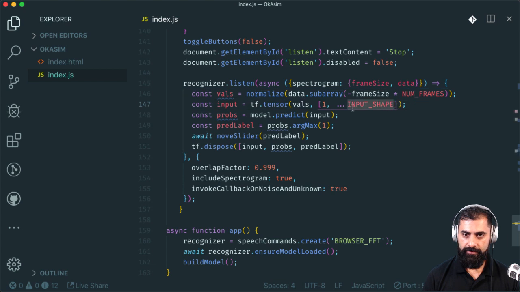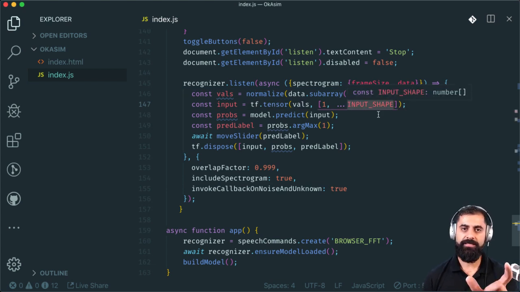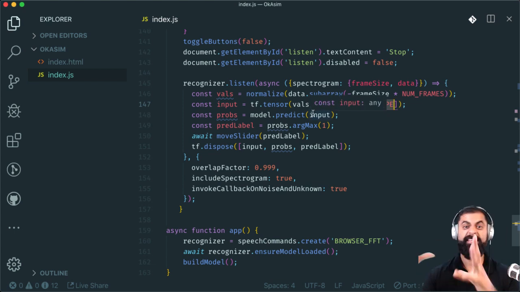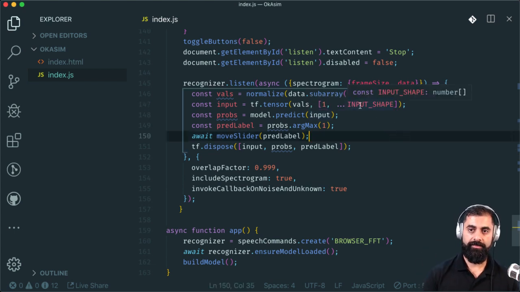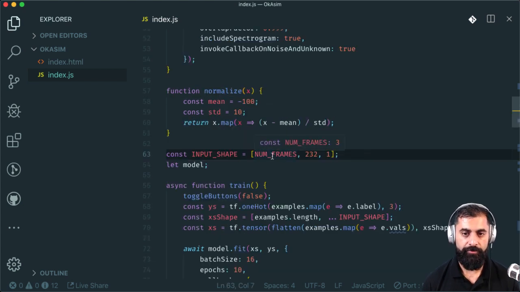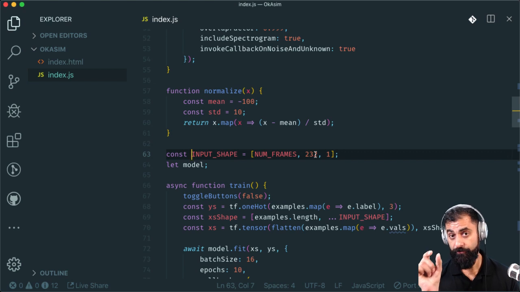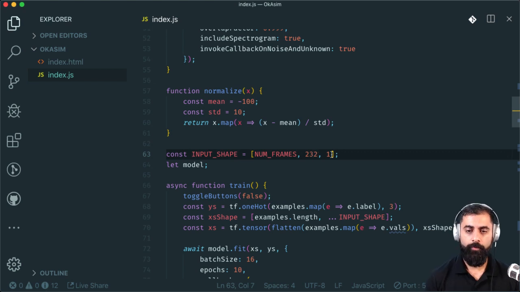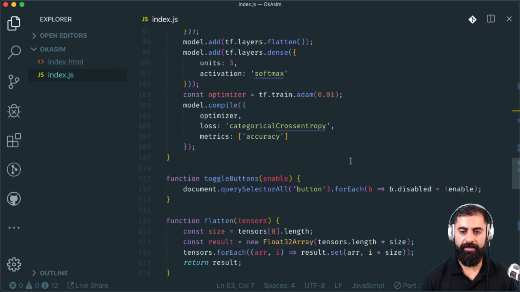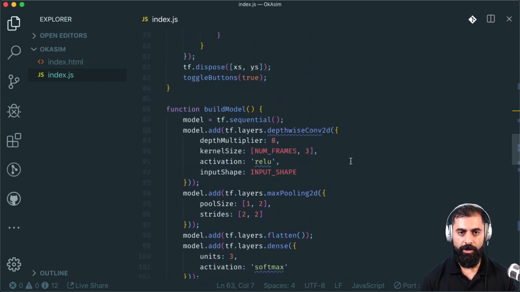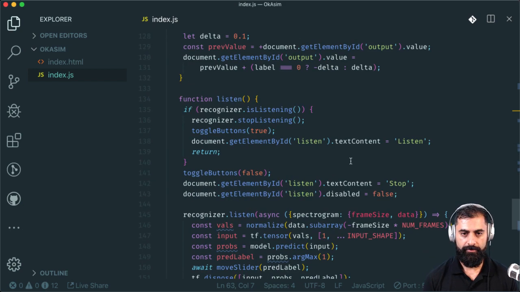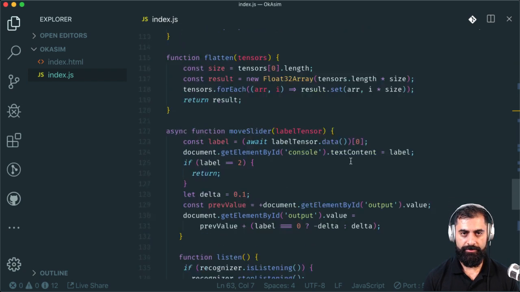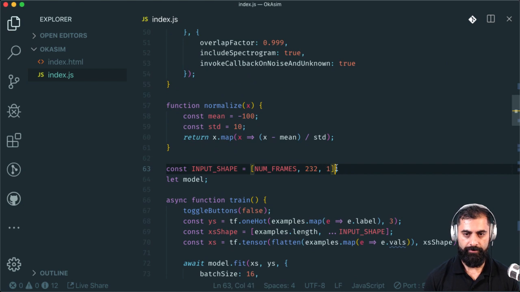Okay. Input shape. So the input shape is the data itself, right? It's the number of frames, which is 3, and 232 is the size of the amount of data in each frame. So it sounds like every millisecond we have 10 items, and 1 you can forget about. One's just an extra value there. And so then we're going to have a tensor of... I've lost where I am. Damn it! Do you know what I'm going to do? I'm just going to do this.